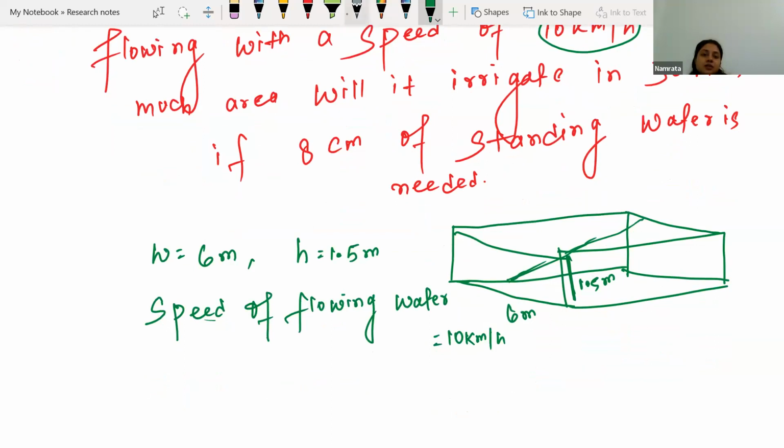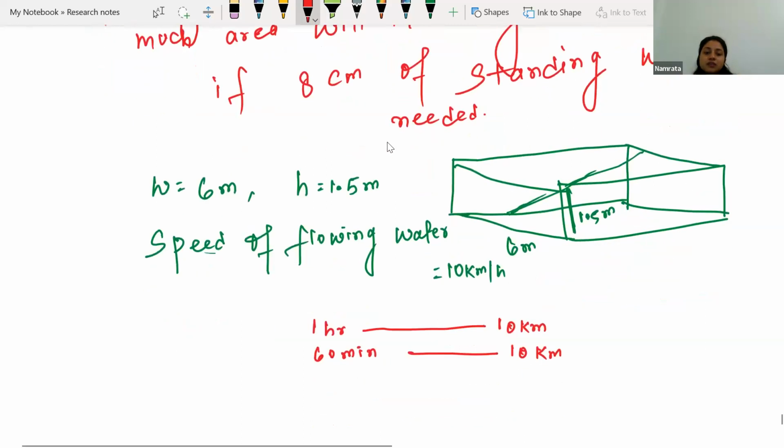Okay, let's discuss it. Here the speed of the flowing water is given as 10 kilometer. 10 kilometer of water is flowing in 1 hour. Let's see how much water will flow in 1 minute. In 1 hour, it's covering the length 10 kilometer. That means in 60 minutes, the water is flowing 10 kilometer. So in 1 minute,